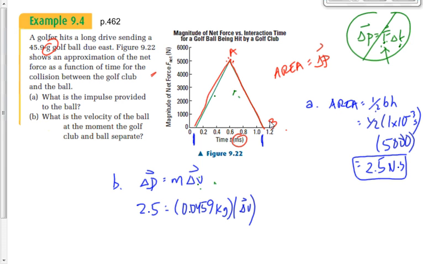So the force decreases, but the club is still in contact with the ball all through here, right? Think of it. If the club wasn't in contact with the ball, how can there be a force on the ball? As soon as the ball isn't touching the club, there is no force on the ball. So the force does increase until it reaches a peak value, and then it decreases. But that's okay, because it's still a force. You think, oh wait, this is